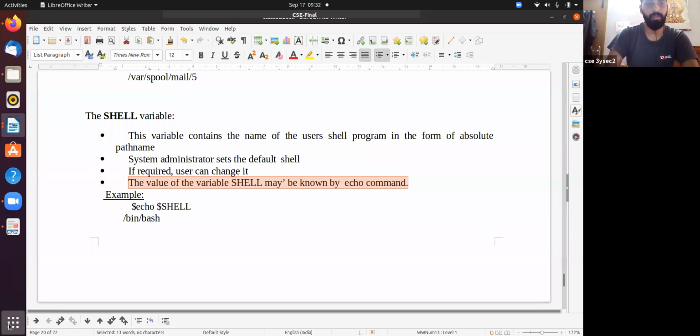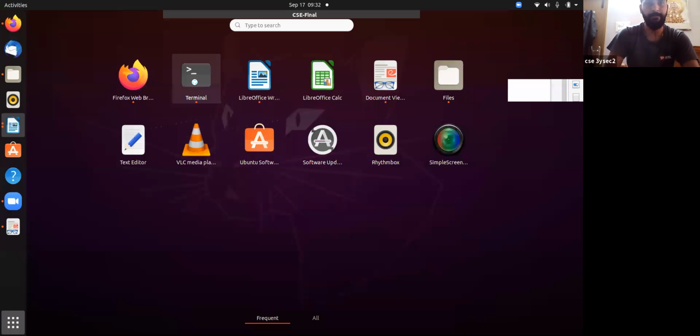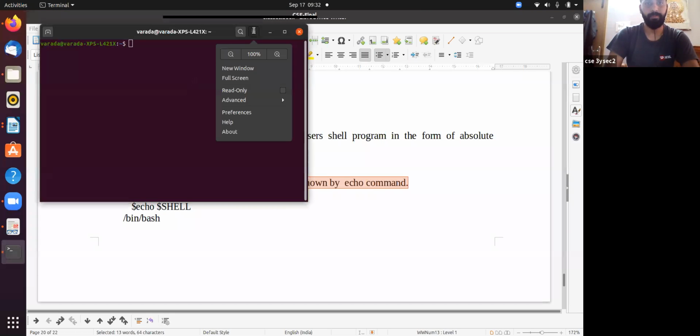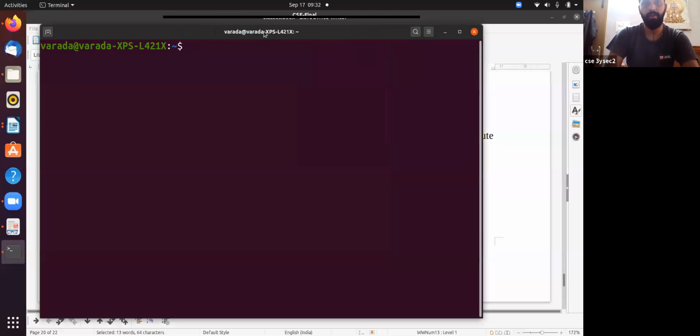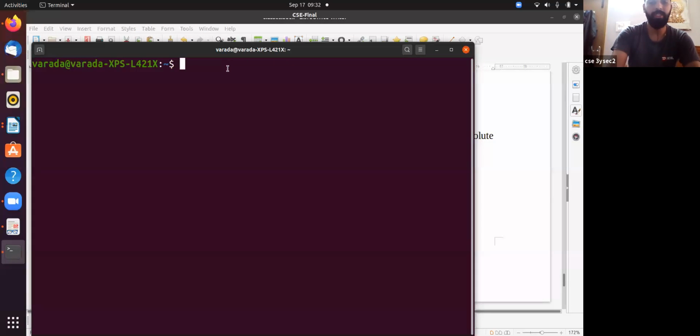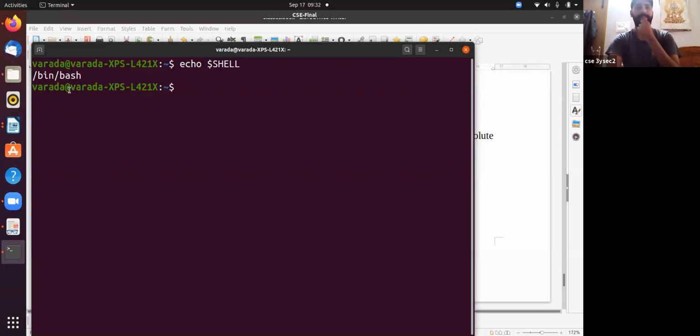Sorry for the delay. So how do I know the shell? Echo, and then you can print the shell. Now it displays the absolute path of the shell provided by default. It displays the bash shell you are using.